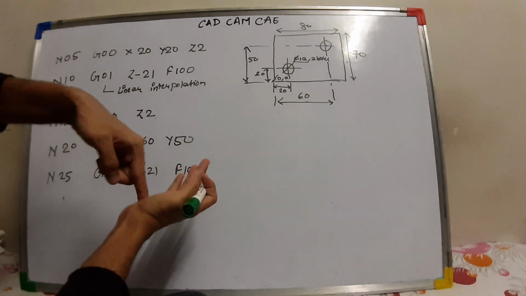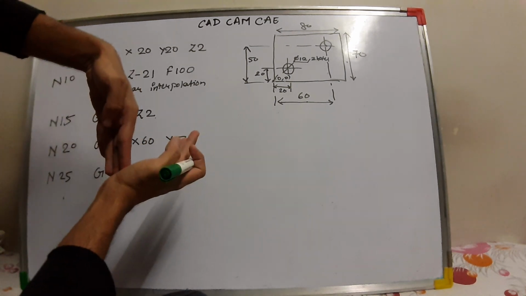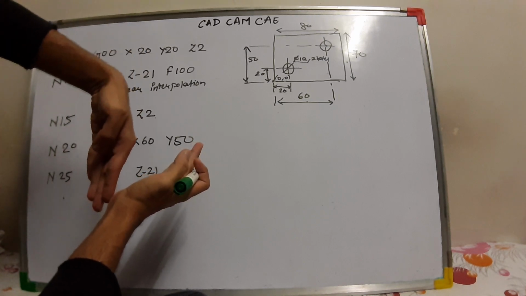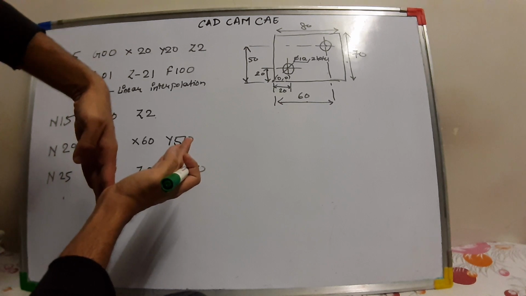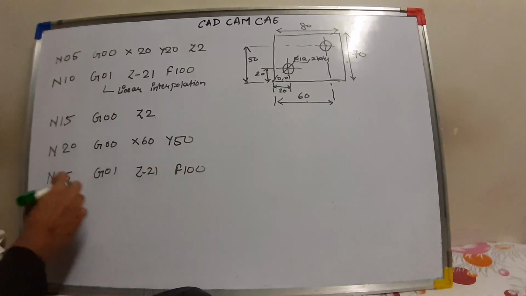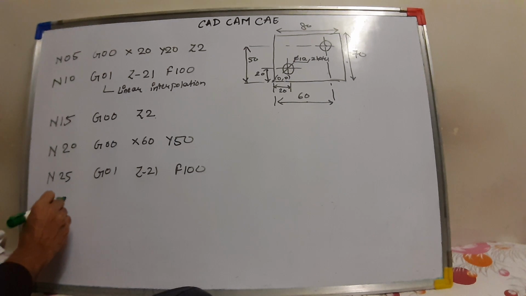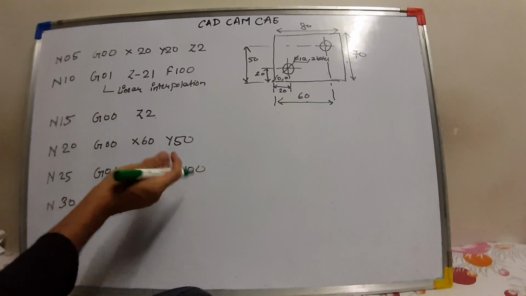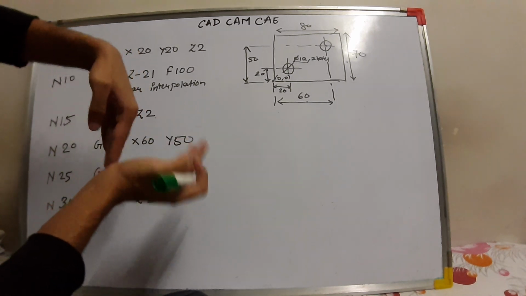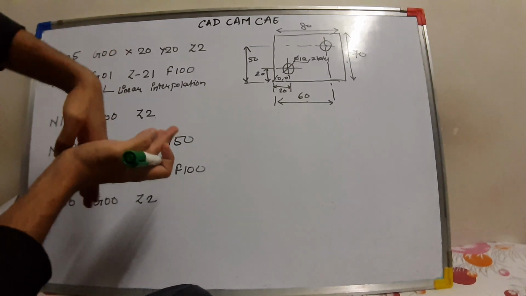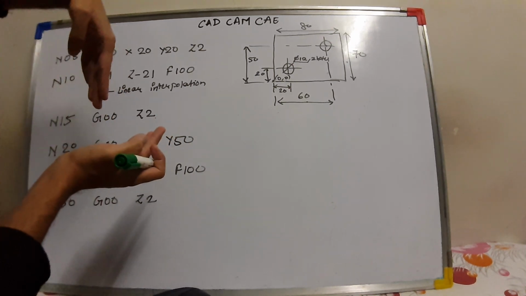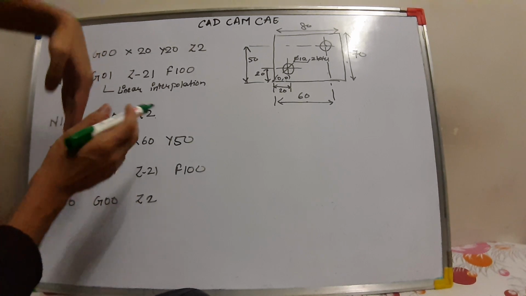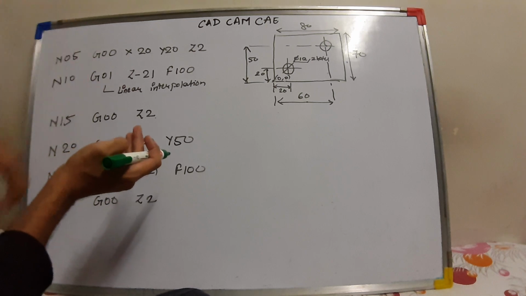So again what will happen, for the Z command for linear interpolation in Z direction, again the tool will go down, it will drill the hole, okay, till minus 21 and it will come back up. Now to bring it up, what do we have to do? N30 G00 Z2. Again we give rapid positioning after drilling the hole. When we have drilled the hole, now we have to bring it back up, so again rapid positioning Z2. So in Z coordinate the tool will come up again.